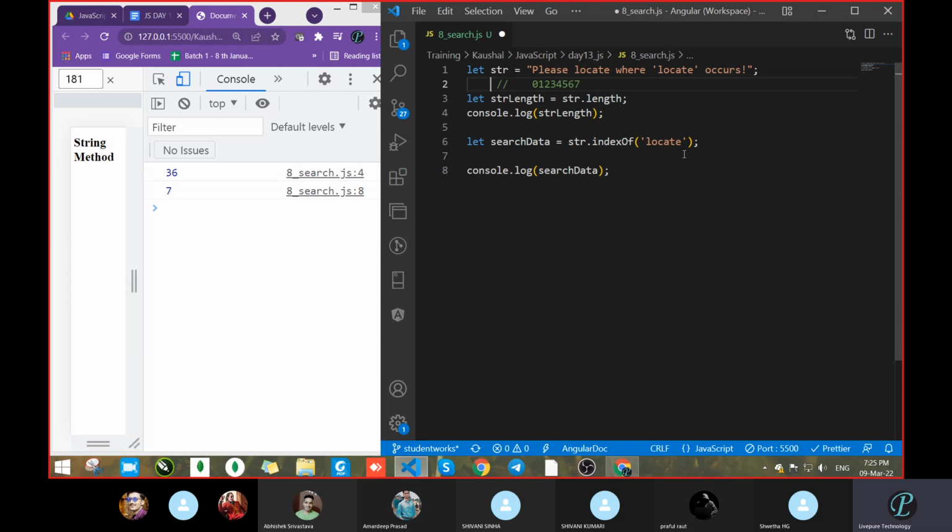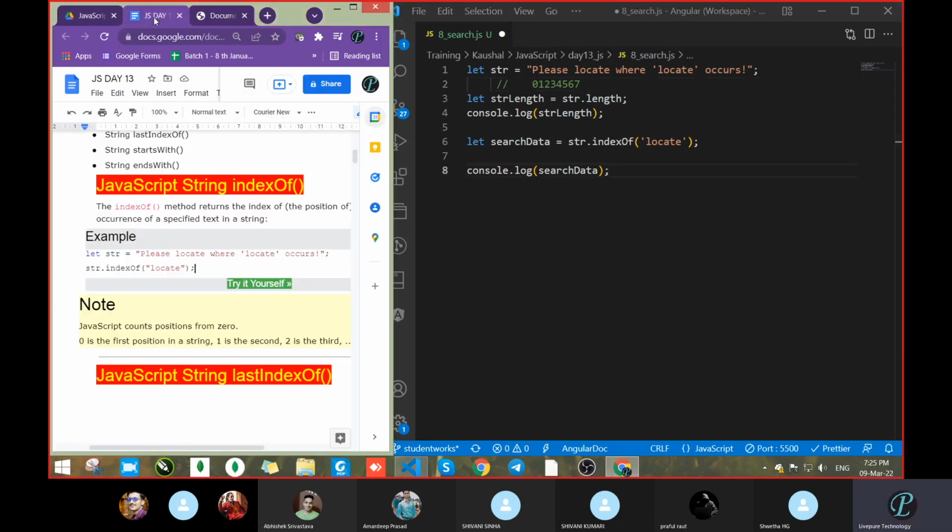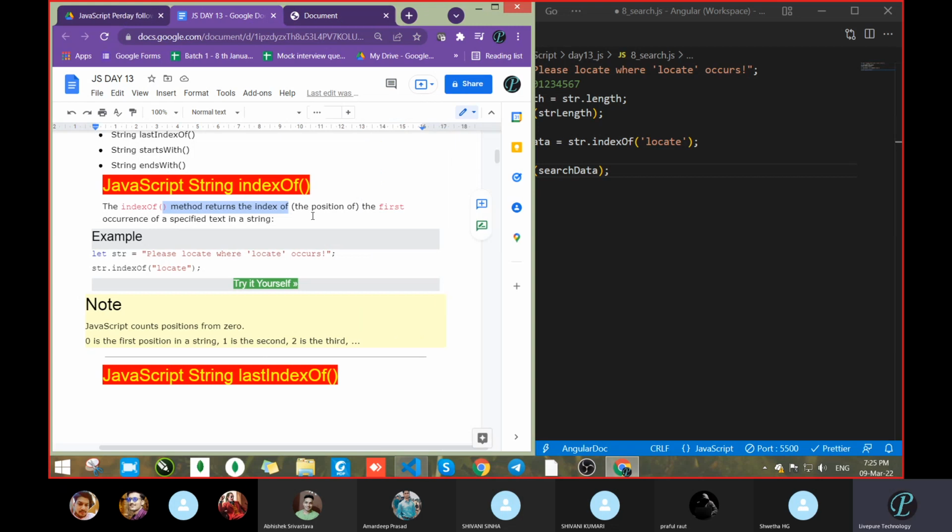Okay. Next. The indexOf method returns the position of the first occurrence of a specified text in a string.